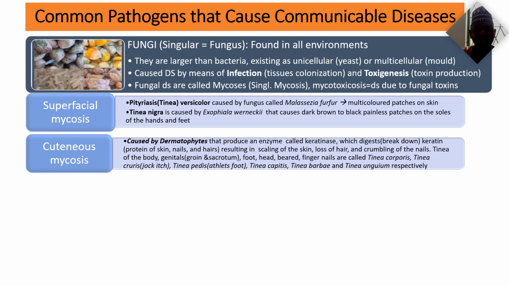So the fungal infection of the body is called tinea corporis. Tinea cruris is the one affecting the genital tract. We have tinea pedis, which affects the legs or foot. We have tinea capitis, which affects the head. We have tinea barbae affecting the beard, and tinea unguium, which affects the